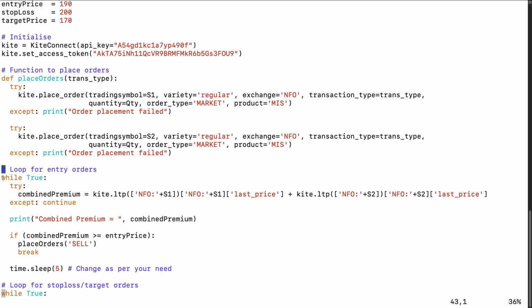Let's go through line by line. Here I'm saying while True. Because I've given True, the condition will always be true. So I'm basically having an infinite loop, and only when I tell the program to exit the loop will it exit. Otherwise it will keep checking whatever I want to check or keep doing whatever I'm telling it to do.